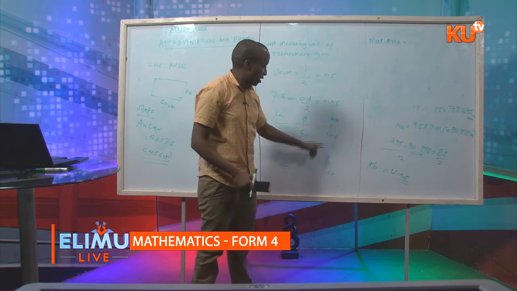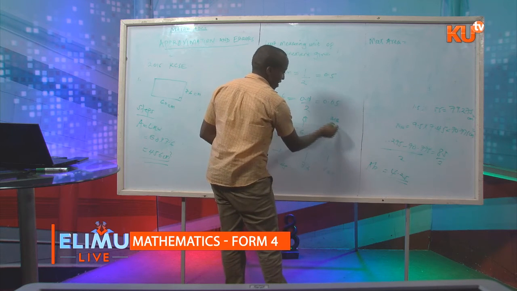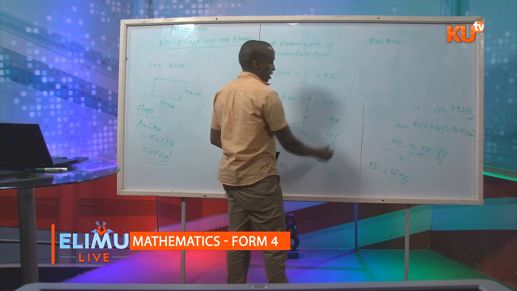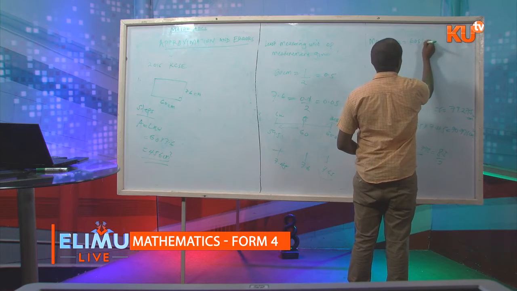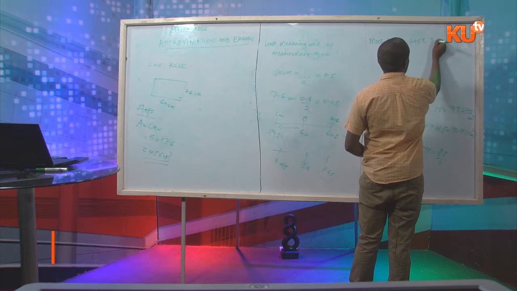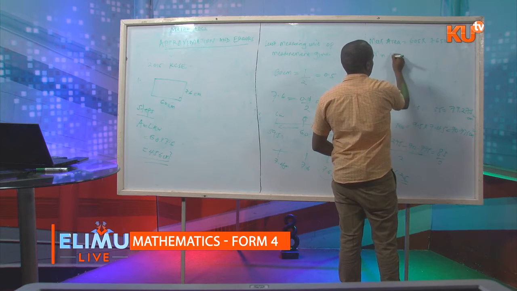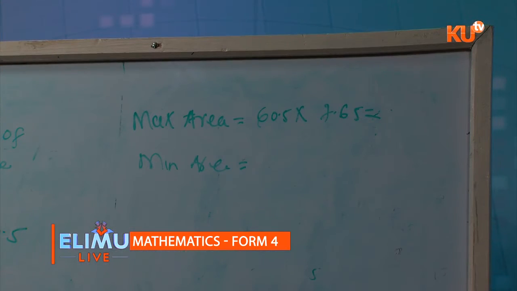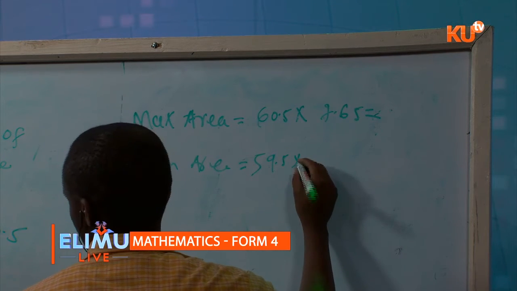The upper bounds of the two measurements give our maximum area, which will be 60.5 multiplied by 7.65. So the minimum area will be the lower limit for those measuring units, which are 59.5 multiplied by